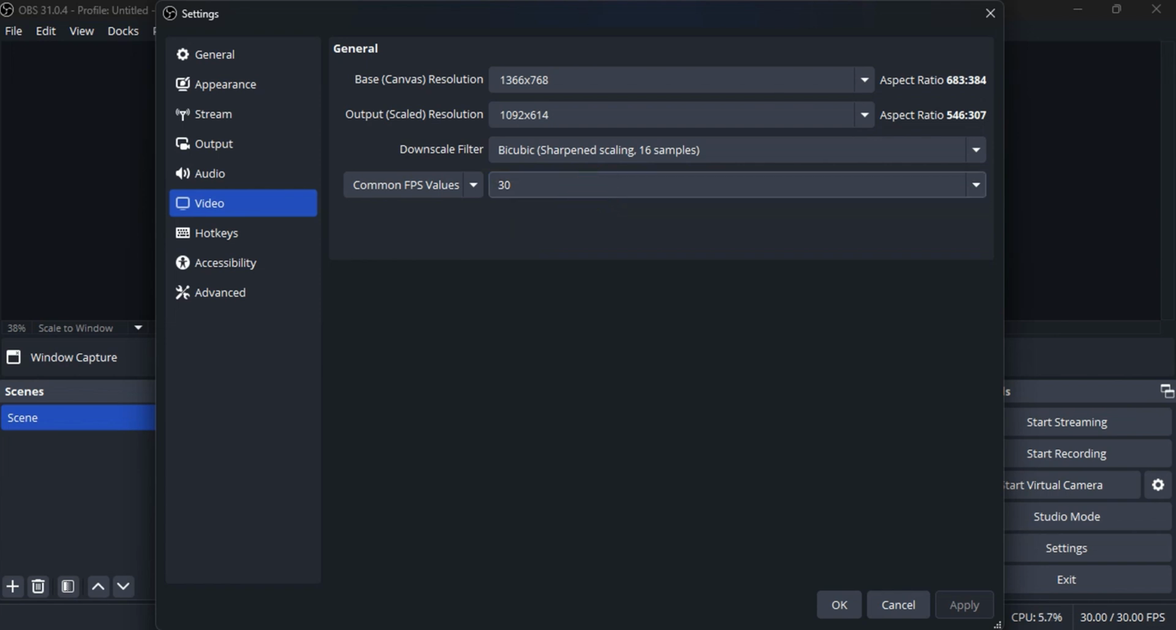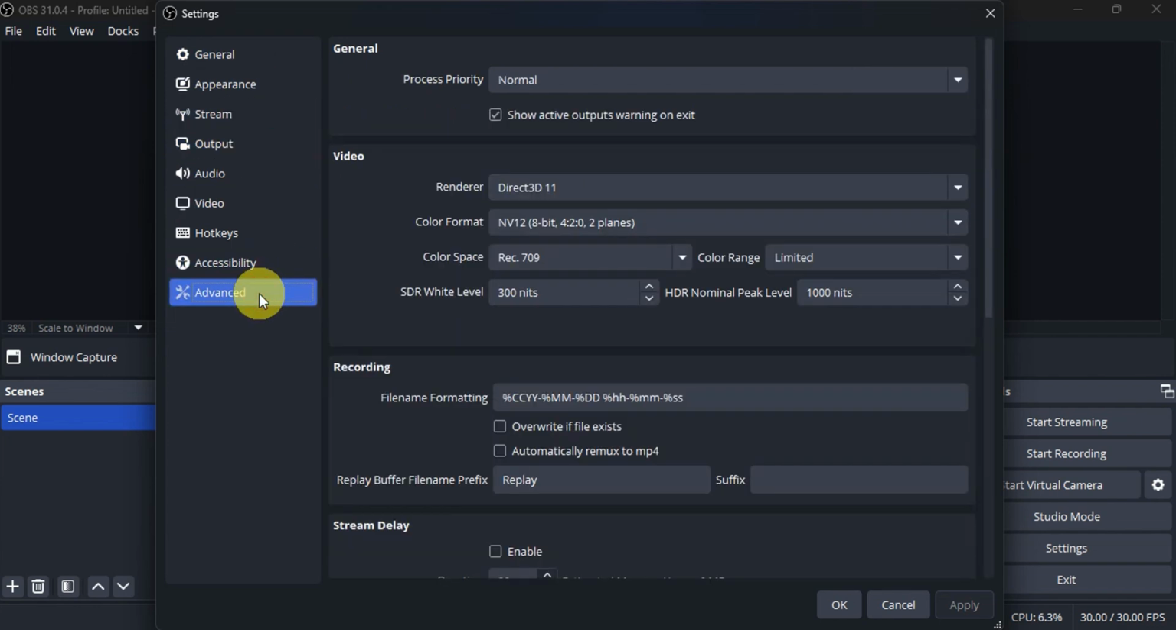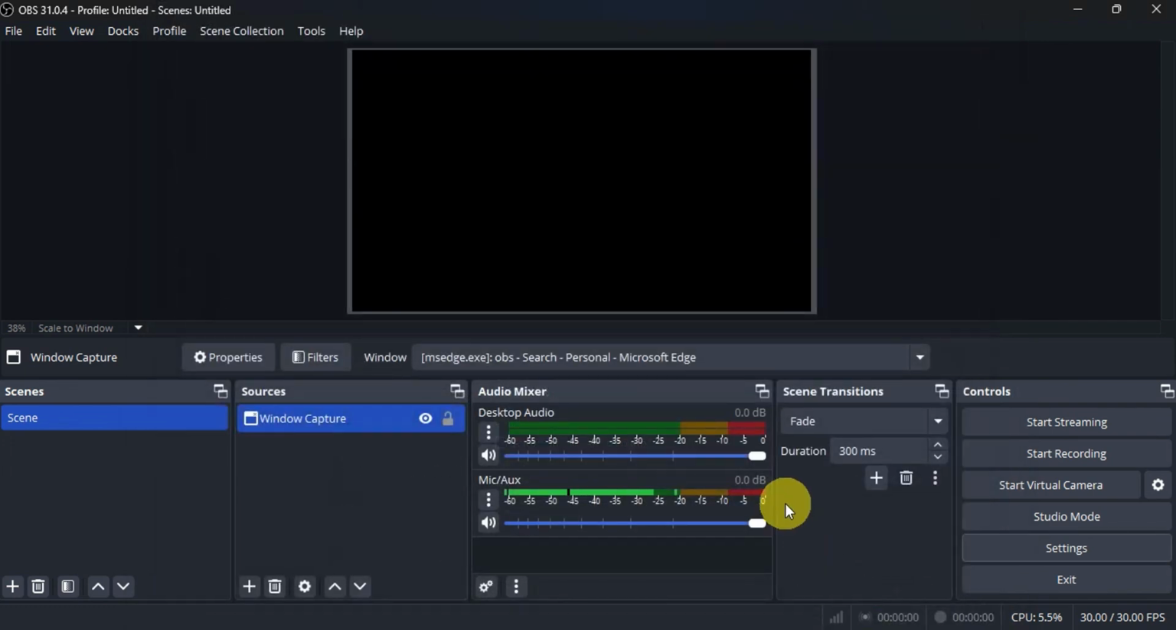You could also configure the advanced settings. So here on settings, just go here on advanced. And right after, we have process priority in here. So you could set this above normal. And in renderer, we have Direct3D 11. So color format, just choose NV12, color space 709, and color range, this one should be full. Then right after this, you'll just have to click on apply and OK so that the changes would be saved